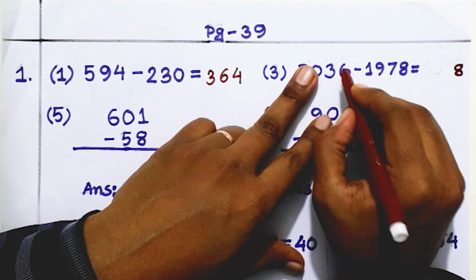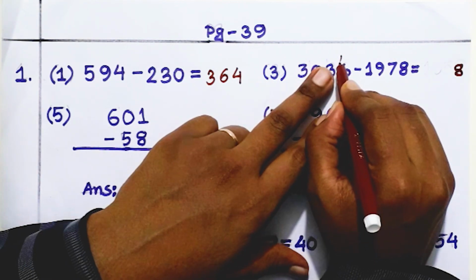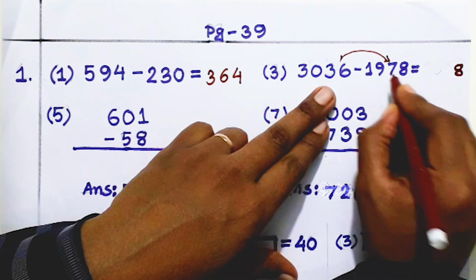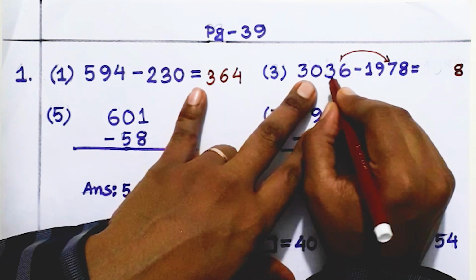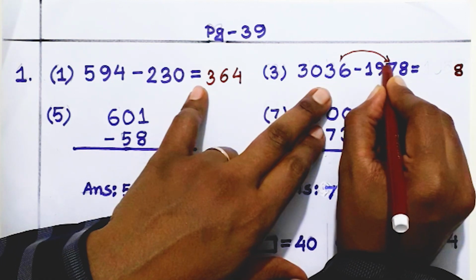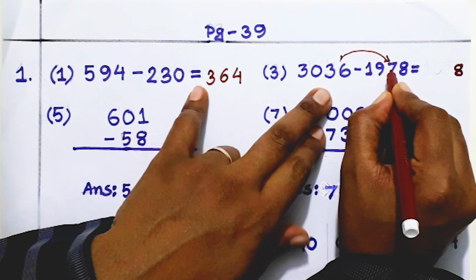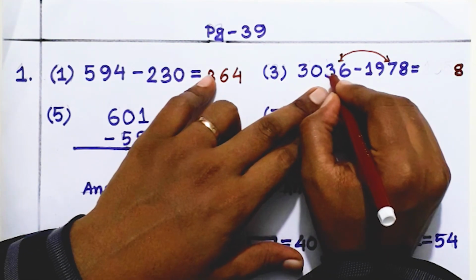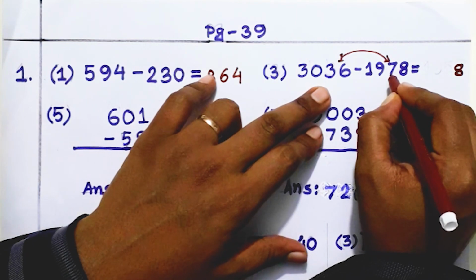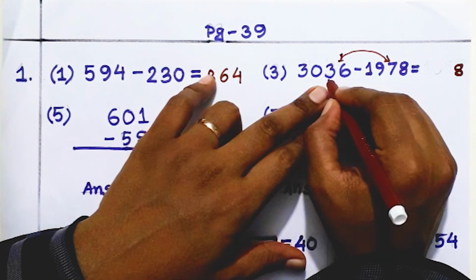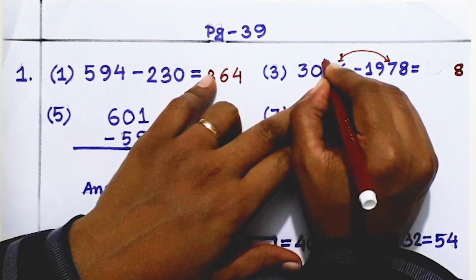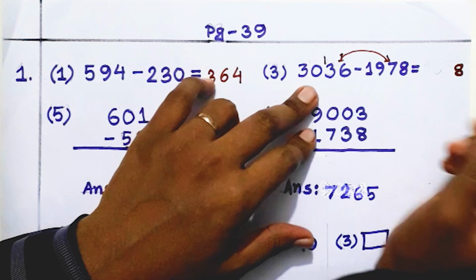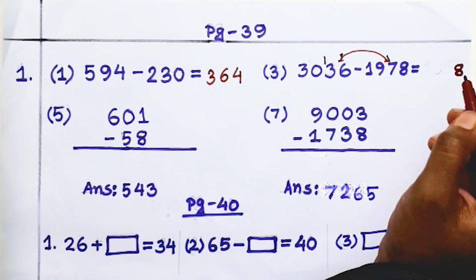And this one, here we will count 1. This one goes to here and adds with 7. If we add 1 to 7, it will be 8. Here is 3 and here is 8. So 3 is less than 8, so we will again count here 1. It will make 13. 13 subtracted 8 is equal to 5.